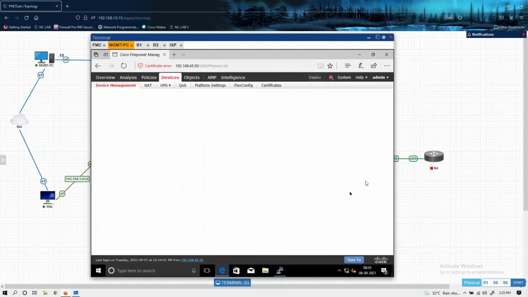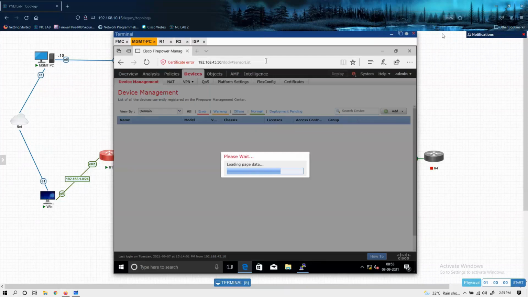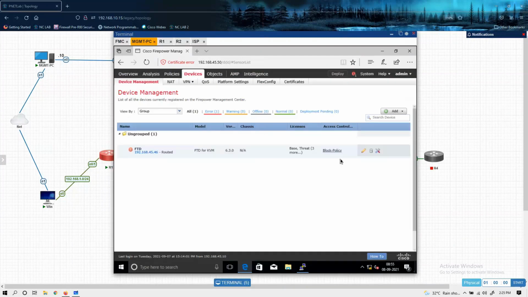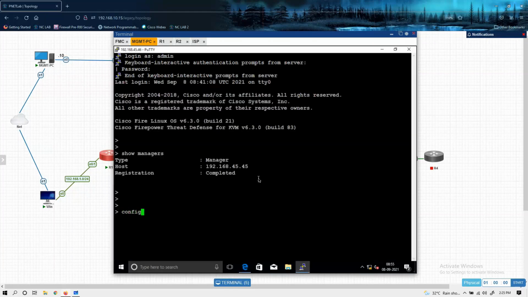Here you will find a delete button in front of your registered FTD. This is delete button. Yes. Now it will be deleted from here, and then I will go to FTD CLI, and here I will run configure manager delete.